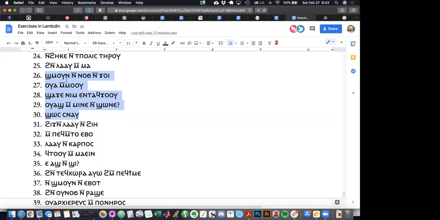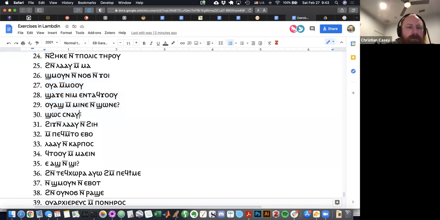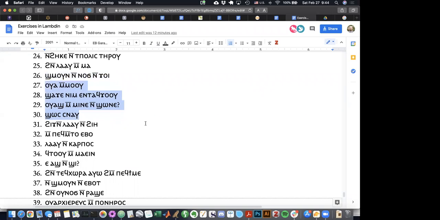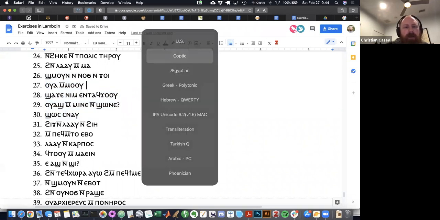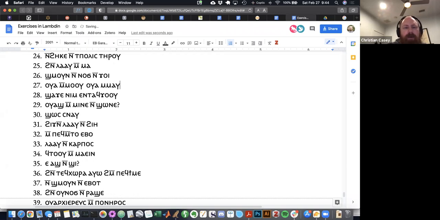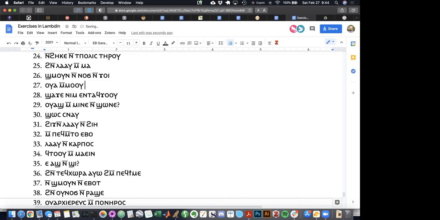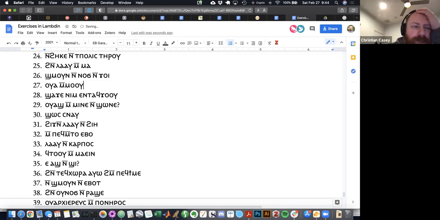26, Shamun Nuk Choi, 8 large ships. Yeah, good. 27, Oa Mo, one thing there or something there. So it's not Imao. What you've said is not wrong, but I suspect that you're translating it this way, which is not what it says. Okay. It's Imao, which there's actually 2 totally different meanings for this.